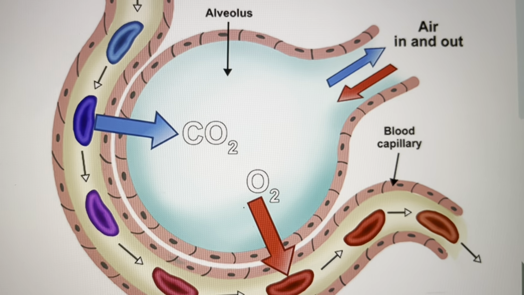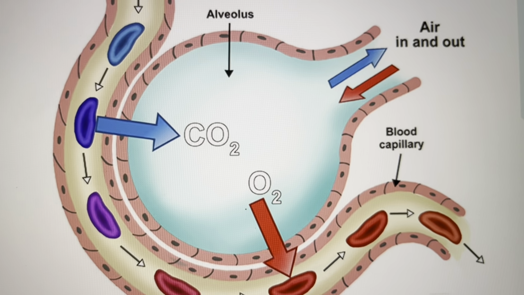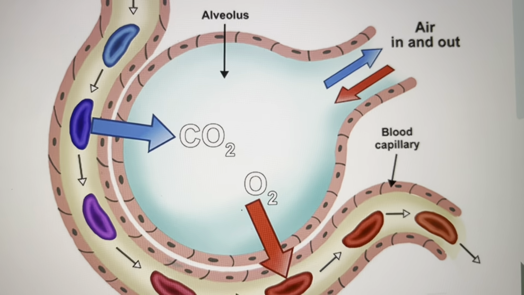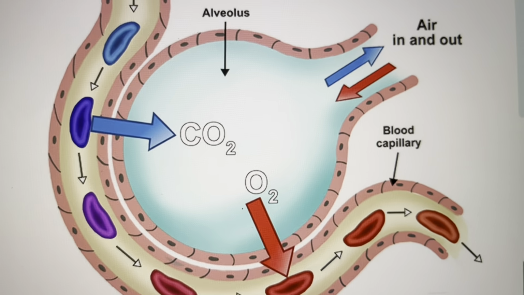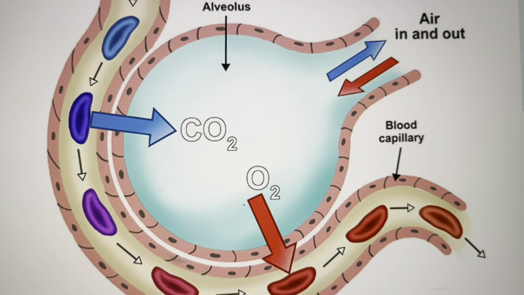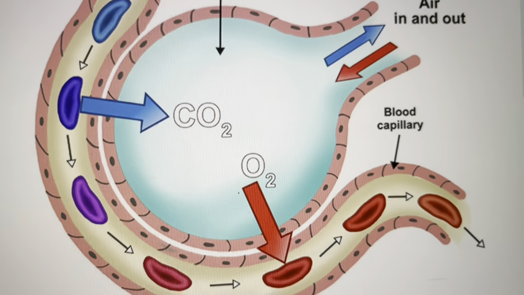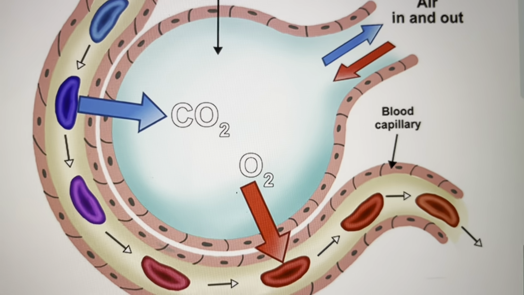So this is a prime example of where diffusion occurs in nature and biology. It occurs in gas exchange when carbon dioxide diffuses into the alveolus and oxygen diffuses out and into the blood to be transported into the cells, which is where it is necessary. And then after carbon dioxide diffuses into the alveolus, it will be breathed out by the organism,